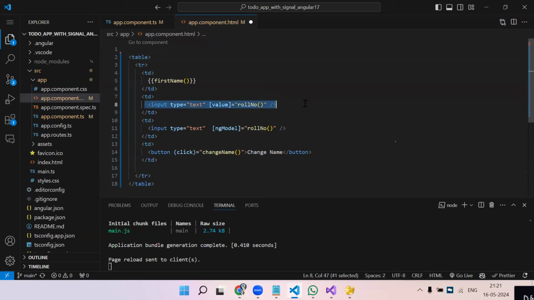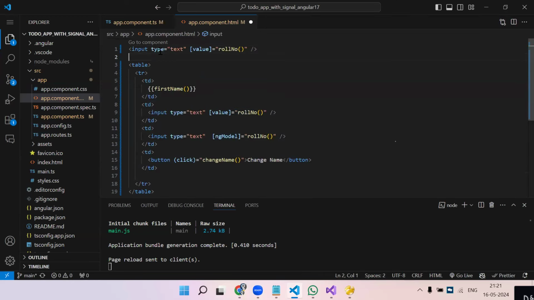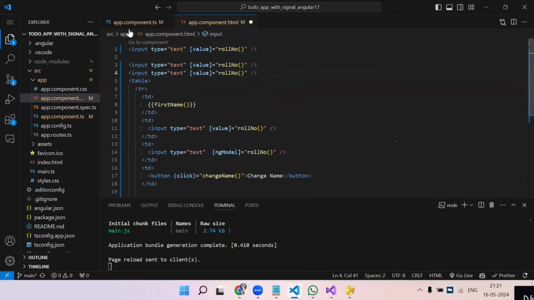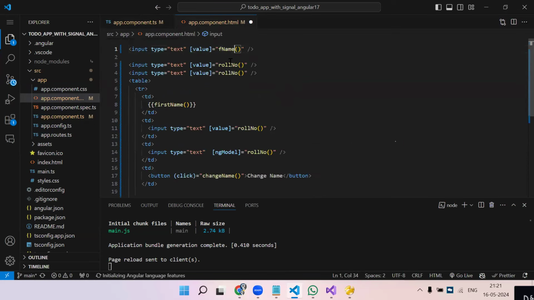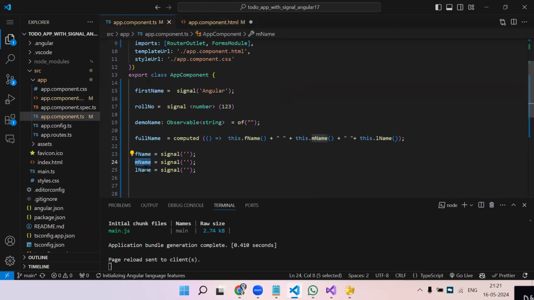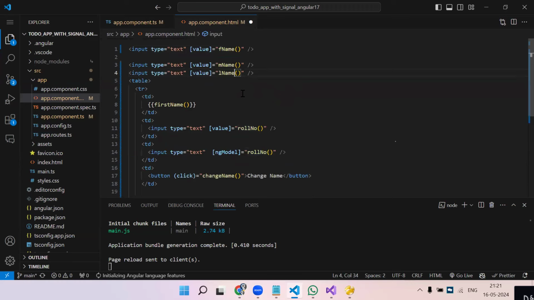Let's create three text boxes. On these three text boxes, we will change the value of these three signals. First name will go over here, then middle name, then last name. Now we have to bind it with ngModel, because from this text box value change, we are